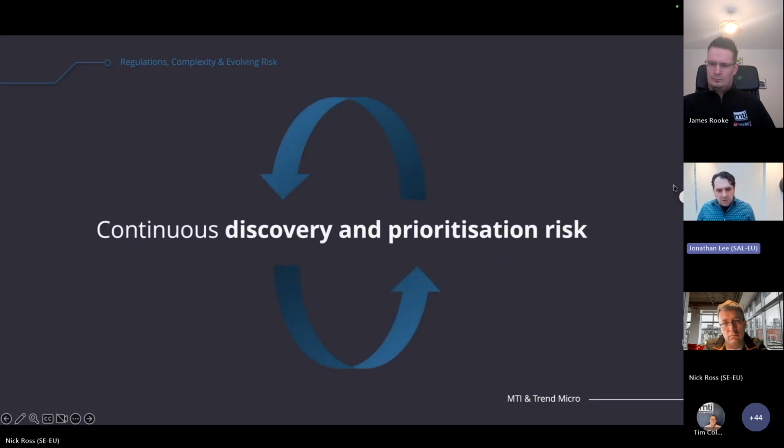But you don't just need to do that on a static basis. Like I mentioned, you need to do this on a continuous basis, continuously discovering what those new risks might be and going back to it, prioritizing that risk, and then putting those mitigations in place automatically if you can. And then what that leads you to be able to do is better articulation of that risk to your board. And we know there's a general problem in terms of being able to articulate that risk to boards.